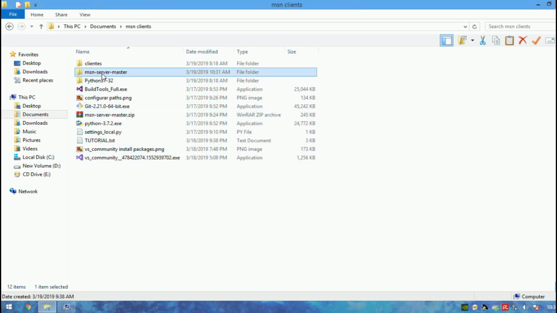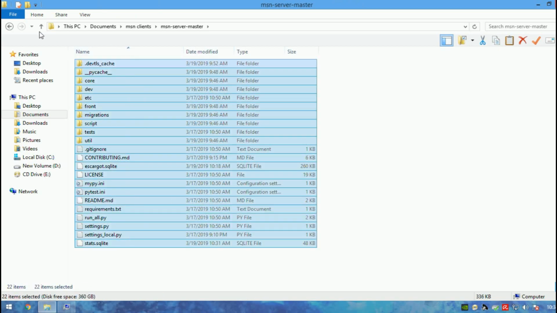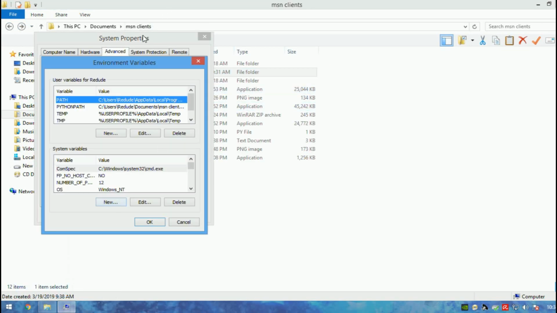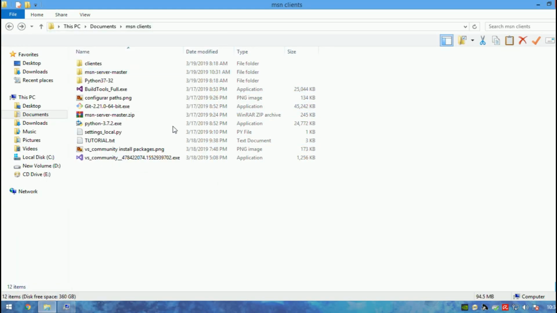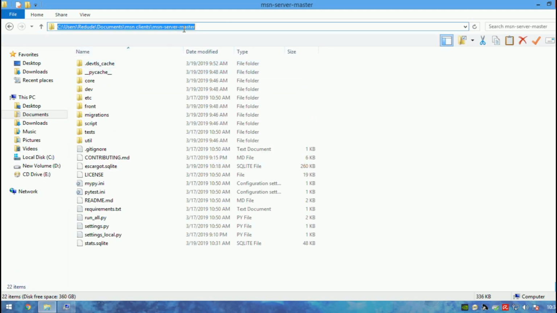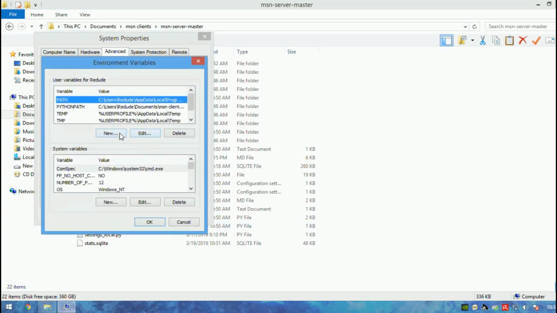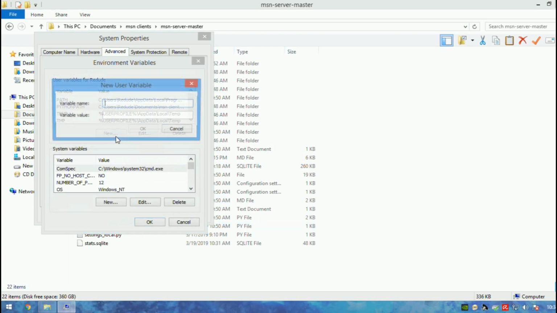You're going to have this folder, MSN Server Master, with all these files inside. Once you have that extracted, make sure to identify the correct path of that place. The path in my case is C:\Users\redo\Documents\MSN Clients\MSN Server Master. This is the path. Just make sure to copy it and go to Environment Variables, click New, and